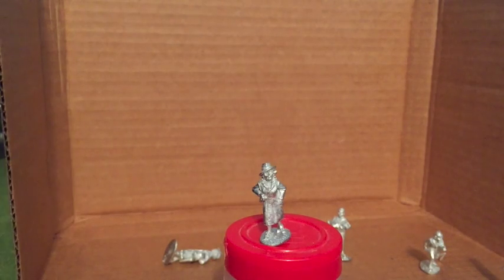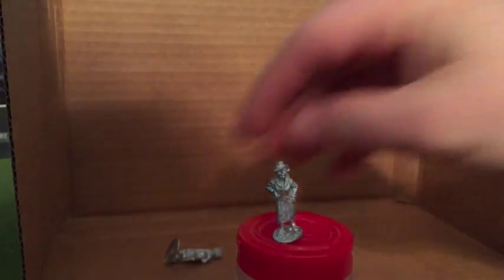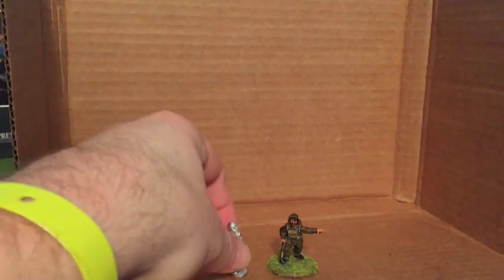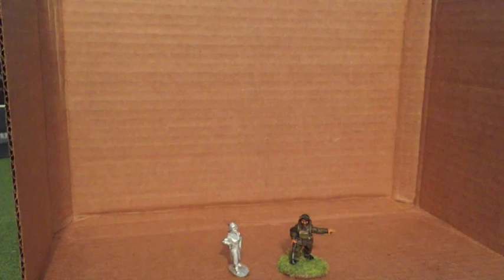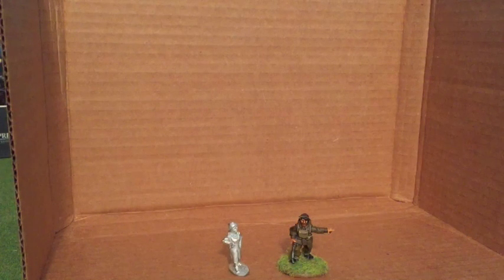So very quickly, let me just do a quick comparison here. Let's take these guys off, and I tell you what, we'll put them down on the box here. And we'll get our Sergeant Major escorting this lady. Now, bearing in mind, the Sergeant Major is on a 2p piece. They are pretty much the same size, and if I actually put her on the 2p piece, you'll see that they are the same size. Apologies for that. Okay, so in terms of comparison with Warlord figures, absolutely no problems. They fit in perfectly,